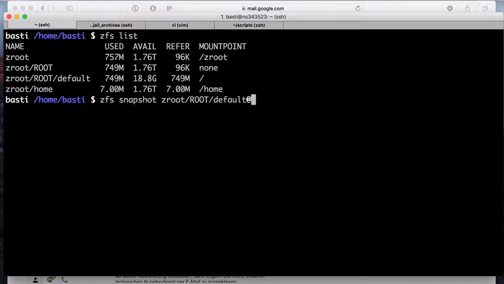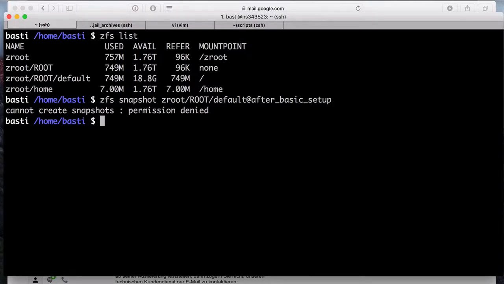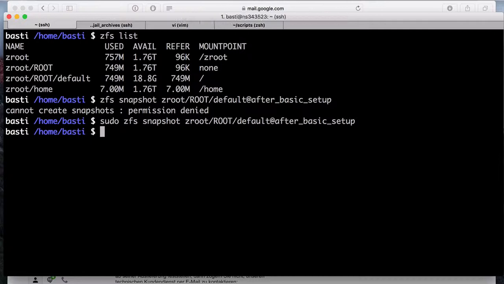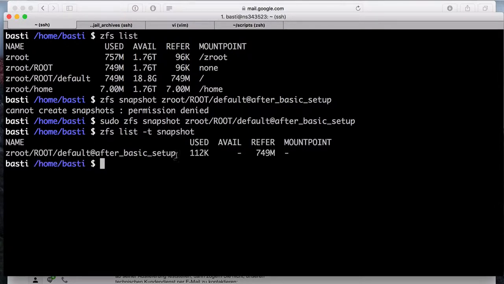And we're gonna tell it after basic setup. Okay. Oh, oops. Sudo it. And if I do a zfs list -t snapshot, we have our first snapshot now. And we can roll back the file system to it. The snapshot is located under a